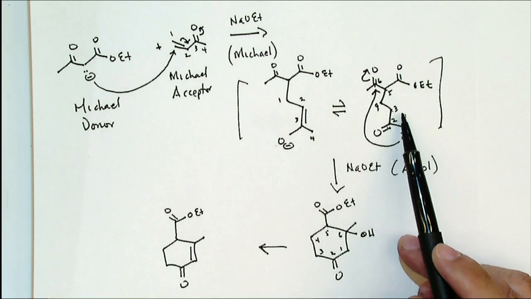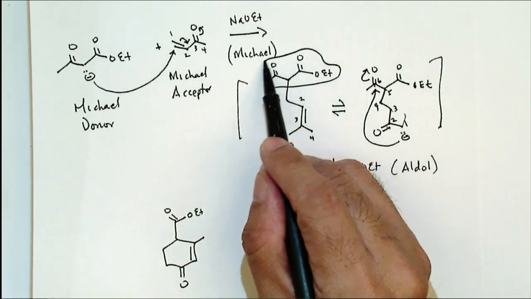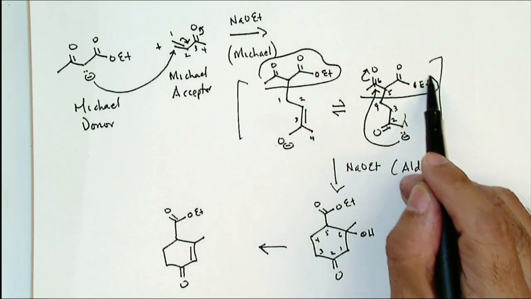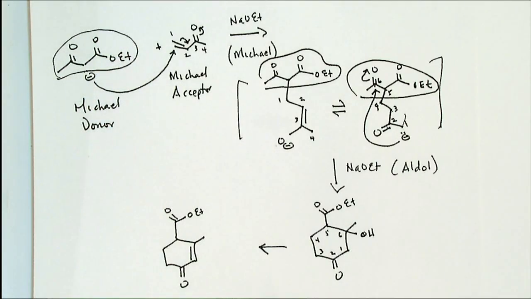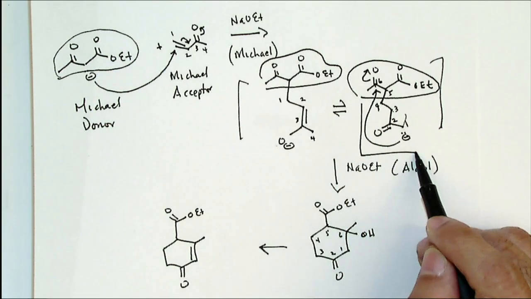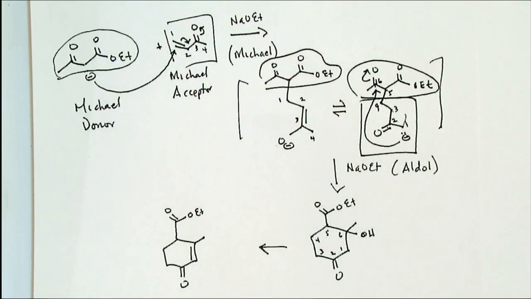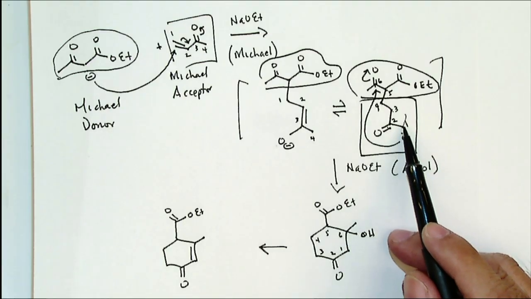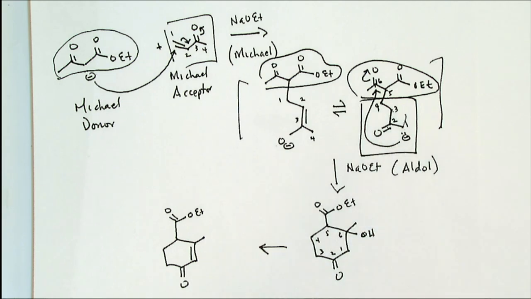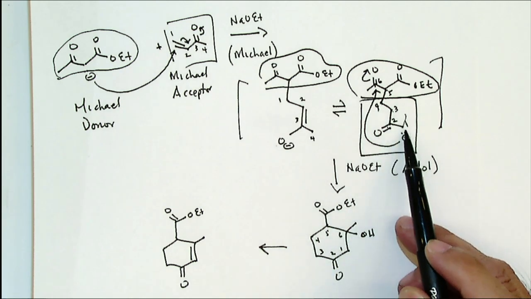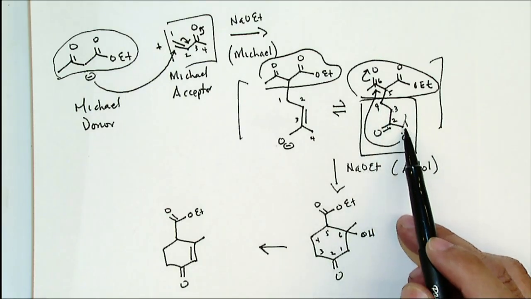You get this. So this part of the molecule clearly originally came from the Michael donor. This part of the molecule originally came from your Michael acceptor. So once I've done the Michael addition, out of all the possible alpha positions next to carbonyls that I can deprotonate, first of all, deprotonation occurs at what used to be the Michael acceptor, and you prefer to deprotonate here